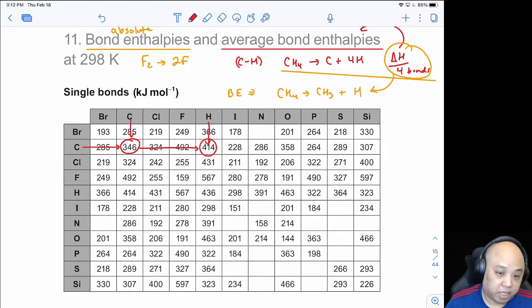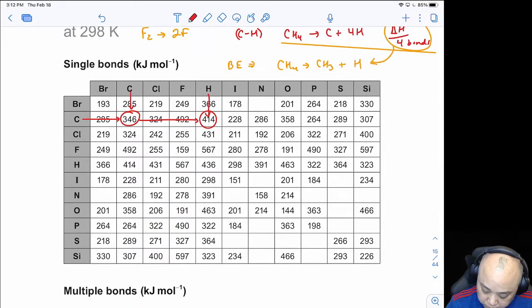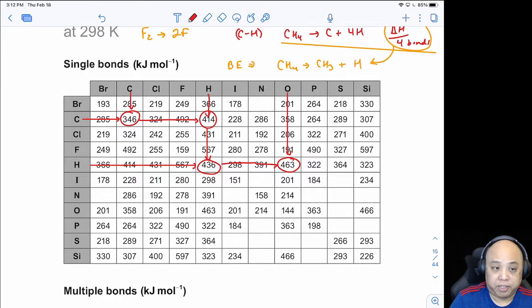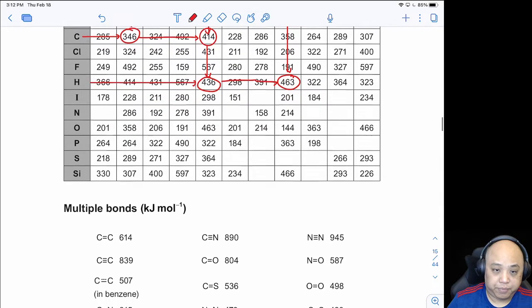C to H bond, obviously also very, very common. H to H bond, really common. And H to O bond, really common. A lot, especially in these combustion reactions and things like that. So some of these values are ones that you do need to be able to pick out very quickly from the table itself. Now, having said that,